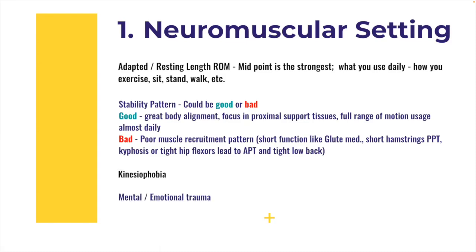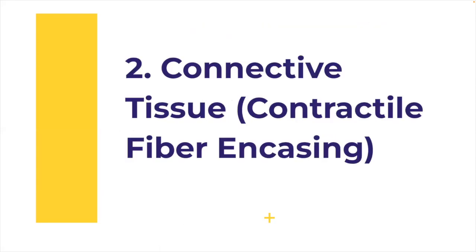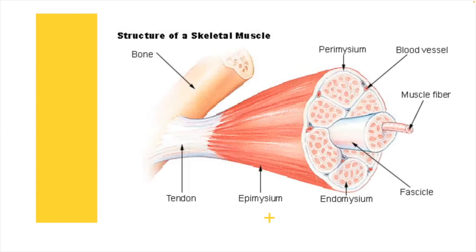So we went through all of these items, and now we're getting into connective tissue, contractile fiber encasing. Let me show you a little image, then I'll stop the slides and I'll give you a good physical example and model so you can understand easily. Okay, so